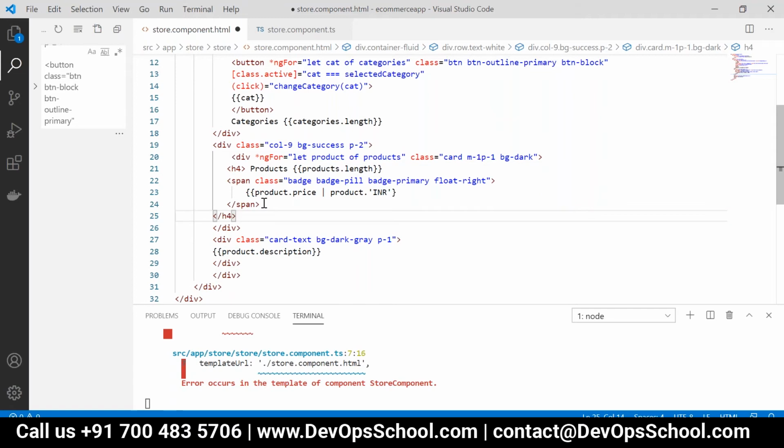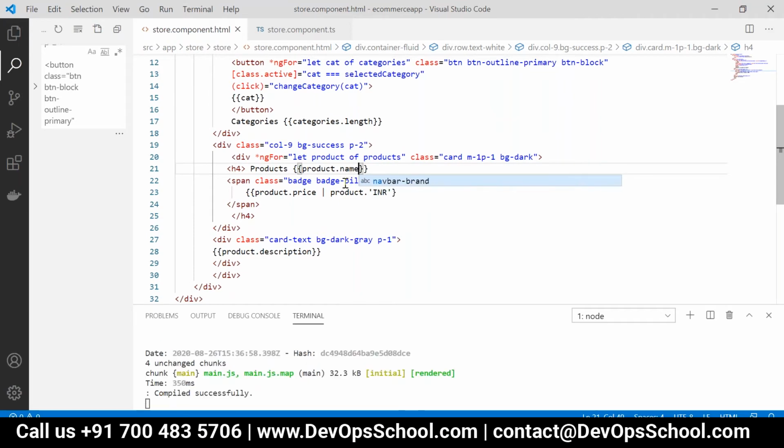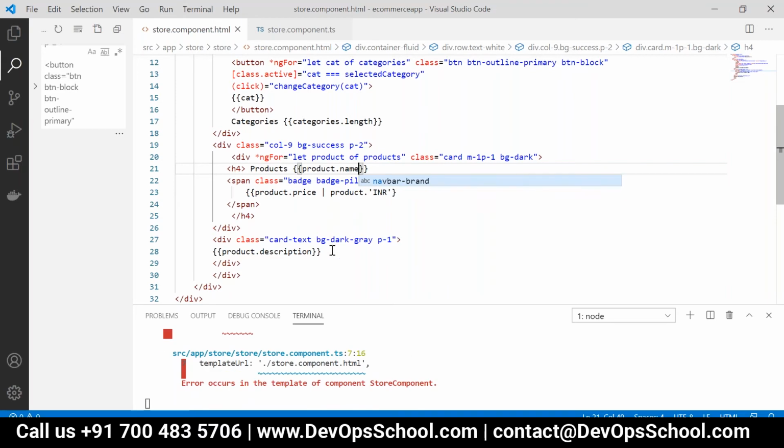And it is not products.len. In line number 21, it should be product.name. What is product? Do we have product.name, or what's the property? Yeah, product.name. Yeah, just go and check now.